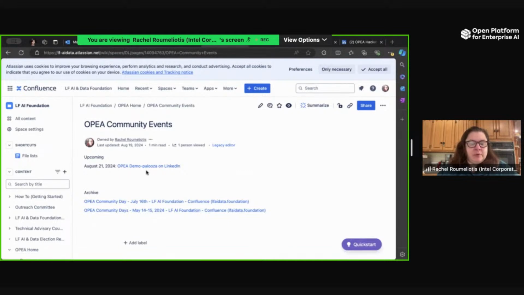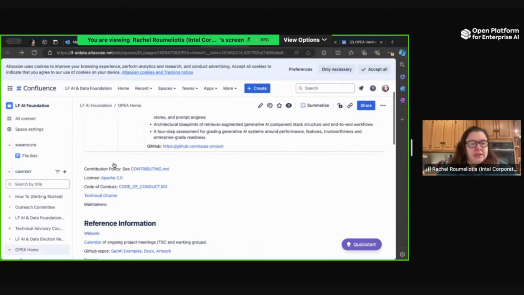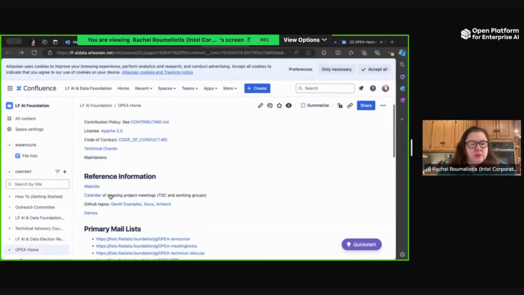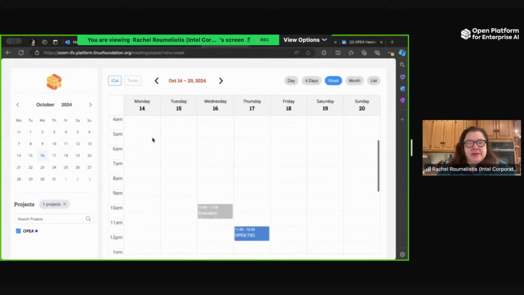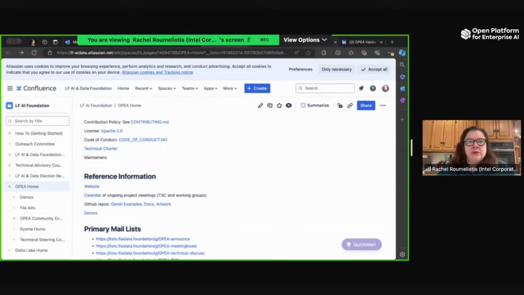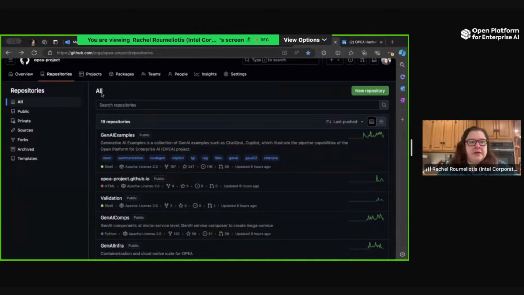Obviously, I have to update that, but we have demos that you can look at. And the only other thing I wanted to show here was you can check out the calendar of events. So this showcases working groups, upcoming events, etc. Let's see, what else did I want to show? Anything? I think that is it.